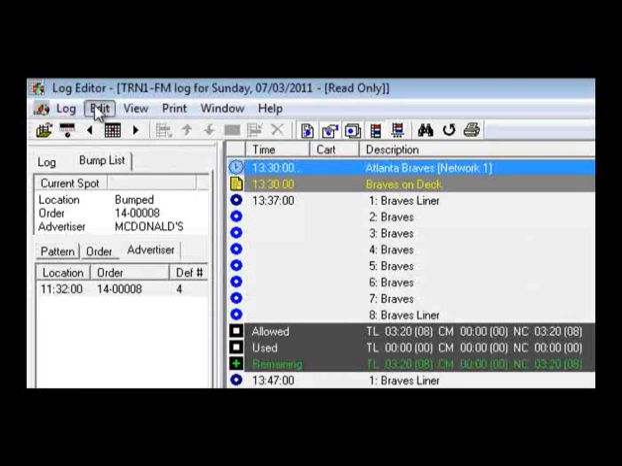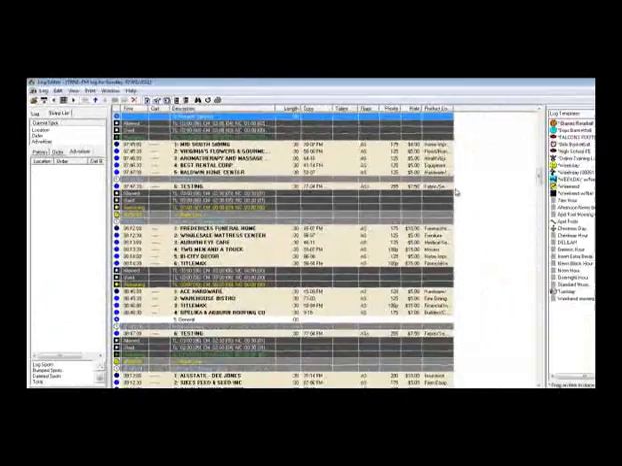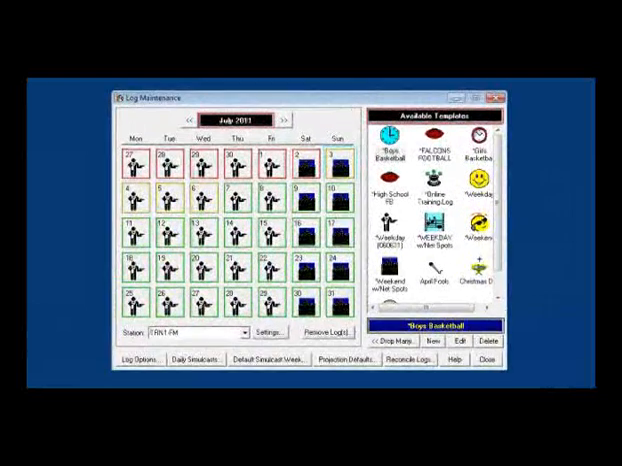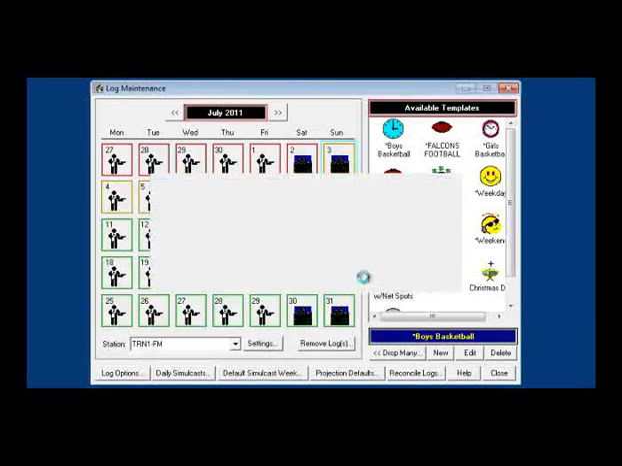We can go back to Edit now and allow changes to see what all was placed on the log. You'll notice that all of our bumps have now gone back to the log. But let's say we made a mistake on the merge and we shouldn't have put it at that time. It's an easy fix. Simply close the log, drag your regular template back over the log, and say yes and